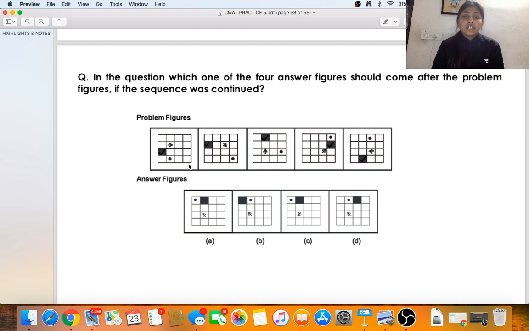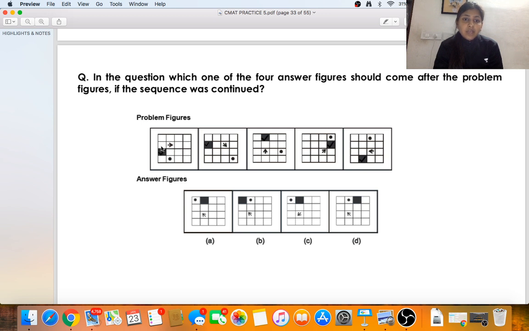So in the question, which one of the four answer figures should come after the problem figures if the sequence was continued? Okay, so we can start by looking at one of the objects. There are three things inside this grid. If you look at this tick in the box, you can see